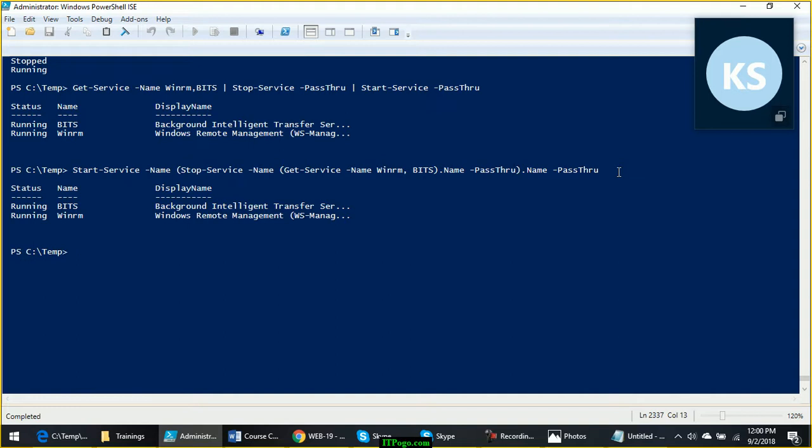Now the question is, when you can use the pipeline, why use parenthetical commands, which look very complex, right? So there are certain situations. We will see one example when we discuss background jobs in PowerShell or scheduled jobs.